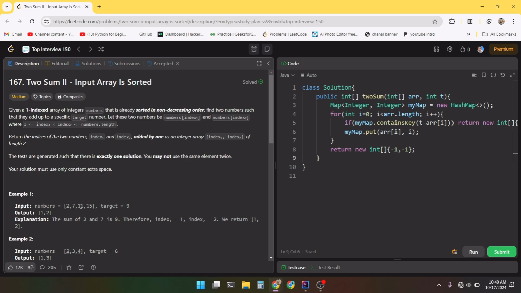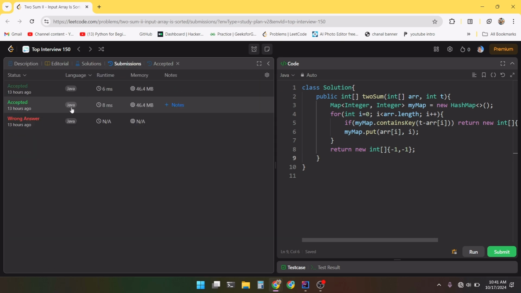So this question says we just need to return two indexes of the numbers which on sum give the target number. For that, I have just used a map. Actually, I have submitted this question twice, actually thrice, with different approaches. In one approach, I have used a map. In another approach, actually, I have used